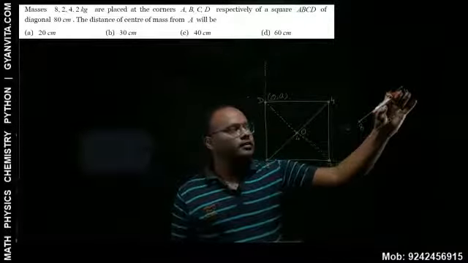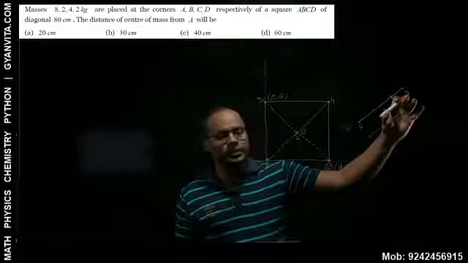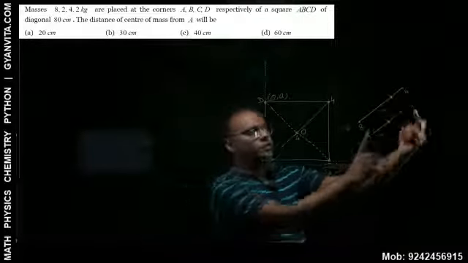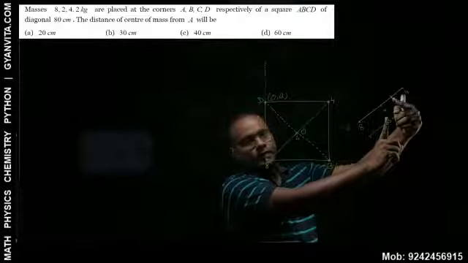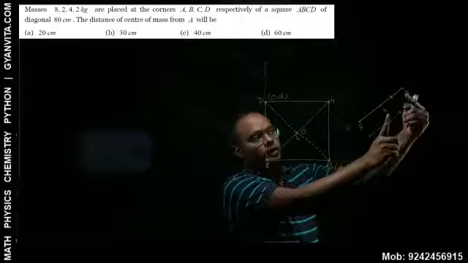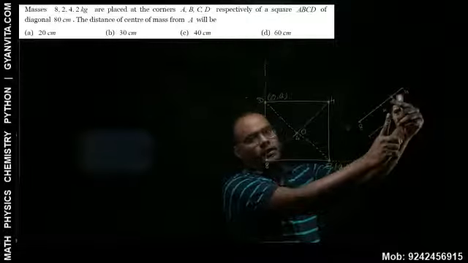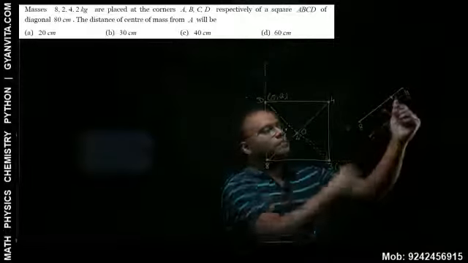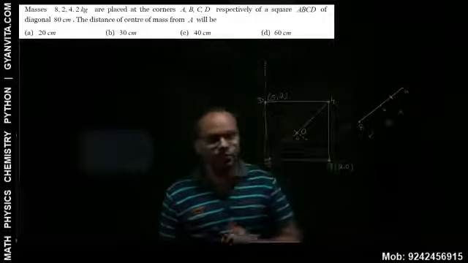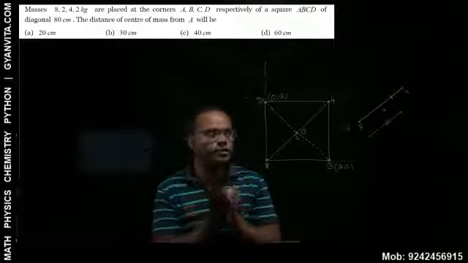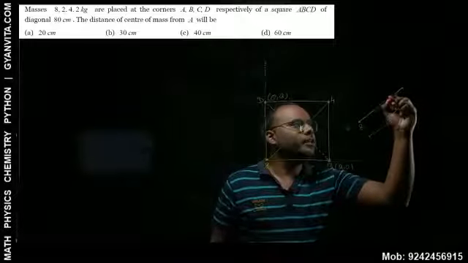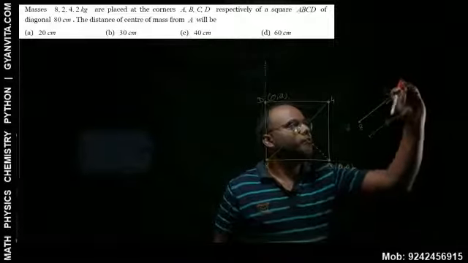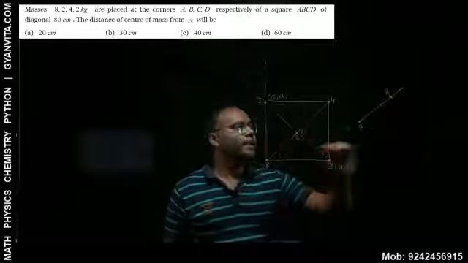This is the center of mass of these two masses, 4 and 4. Its center of mass will be somewhere over here, at the midpoint. The total distance is 40, so the midpoint will be at distance 20 from one of them. So this is the center of mass, and at the center of mass the entire mass is considered to be situated. That means the mass situated here is 8, and the distance is 60.